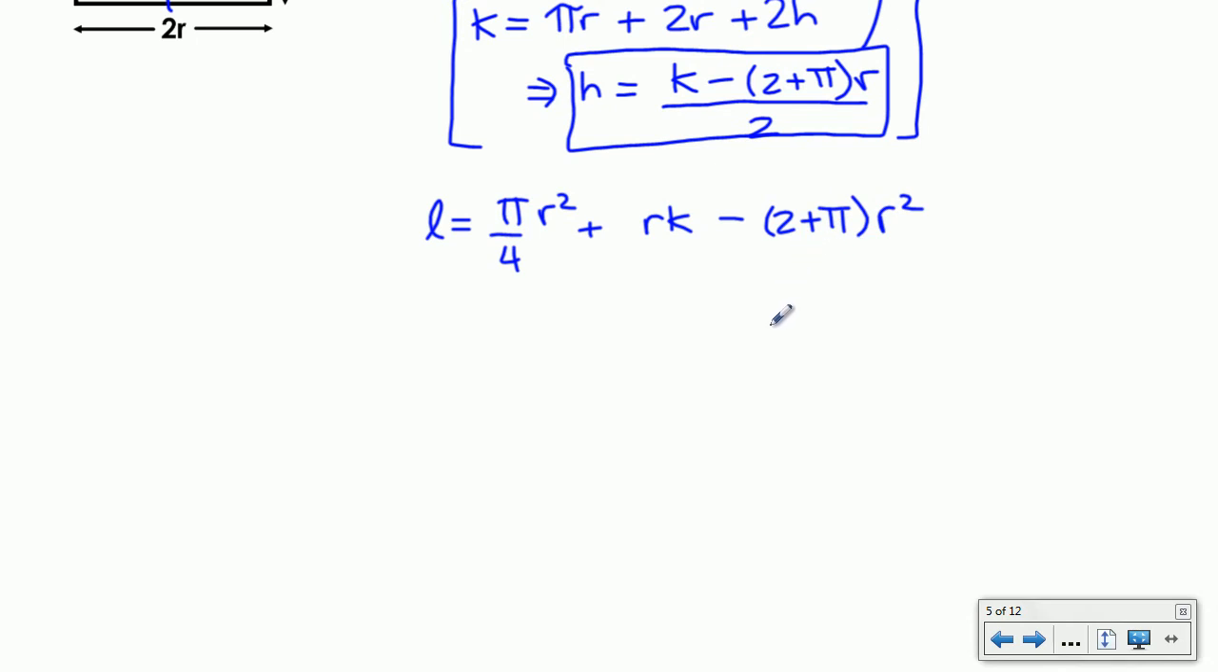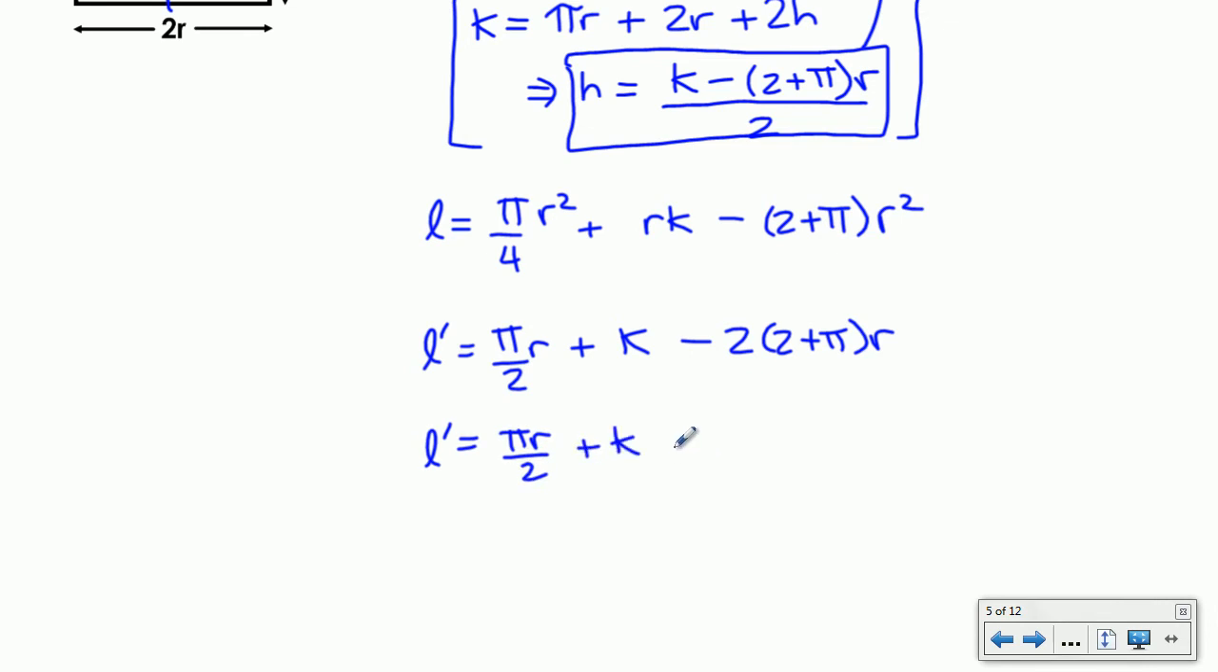We'll set it equal to 0 and see what comes out for r. So L prime will be pi over 2 times r plus k minus 2 times 2 plus pi times r. I'm going to expand this and see if I can simplify it a little bit. I'm going to leave this the same, plus k, and I'm going to get negative 4r minus 2 pi r. I'm going to group the pi r terms together. So I'm going to get next negative 3 pi r over 2,